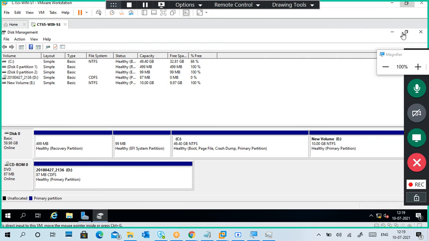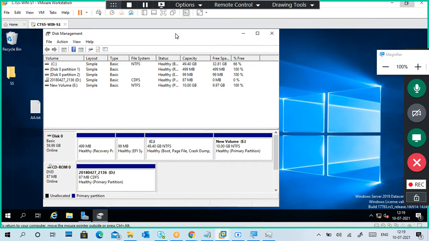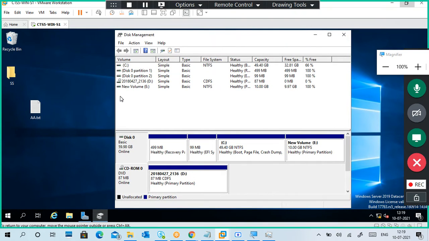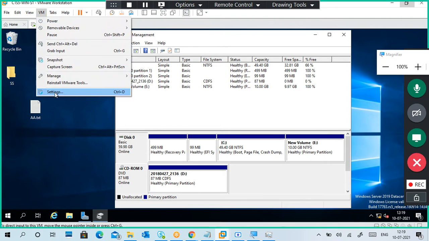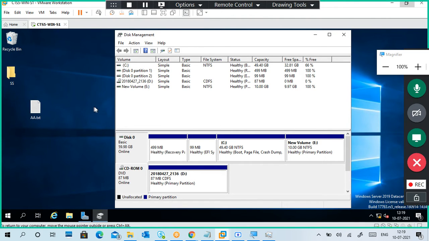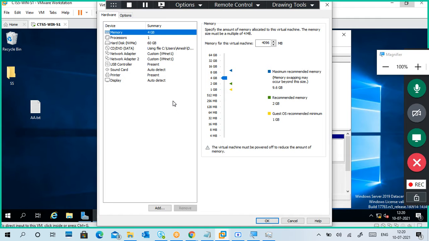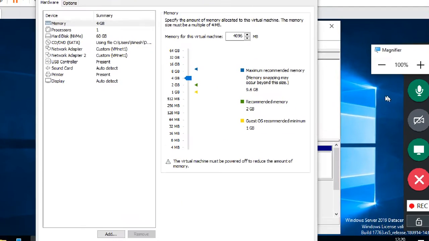Now I'm going to add one more disk to it, so we can see what happens here when I add a disk. When the system is alive, we can add a disk also. Why? Because SATA is hot swappable. So when the system is running, we can add a disk also. Click on add.